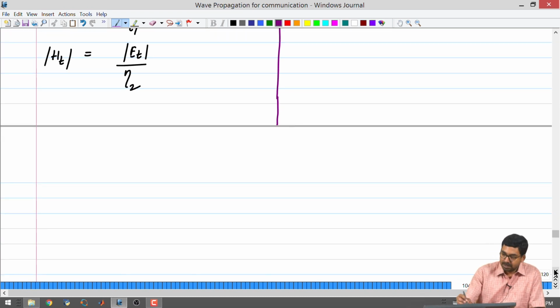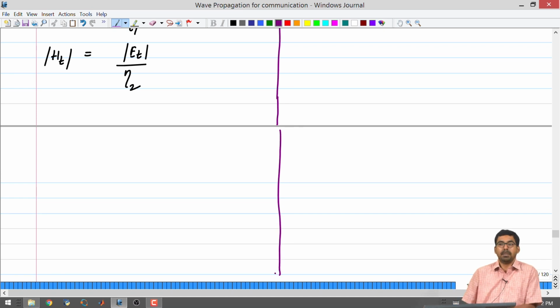Now, once we have written these two expressions, for example, we have written electric field expressions for the incident, reflected, transmitted wave in detail. Magnetic fields, we have just said that using Ohm's law, magnetic field is going to be equal to electric field divided by characteristic impedance. That is what we have done so far, right. Now, what are we interested in? We are interested in finding out the reflection coefficient and the transmission coefficients in this configuration, right.